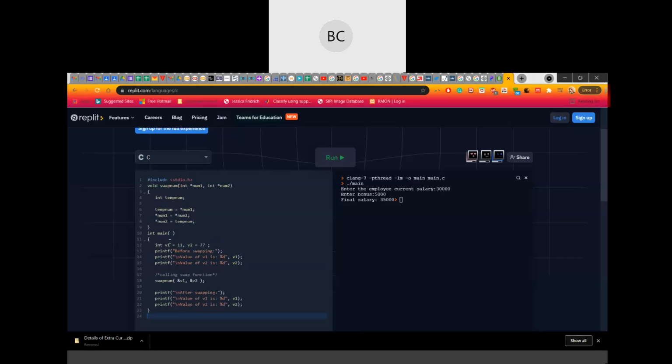We did another program in theory class, which was swapping the values. If you swap the values, it's the same. Here, see, both arguments are pointer type. In the previous one, one was a pointer and one was just a normal variable. So here both are pointers. I just access the values here before swapping, calling the function with the help of reference. See, both are pointer values, therefore I'm calling it with the address.